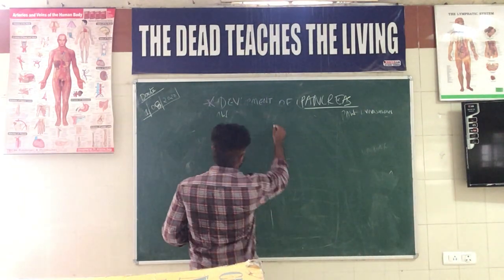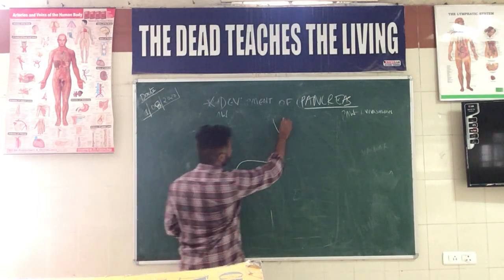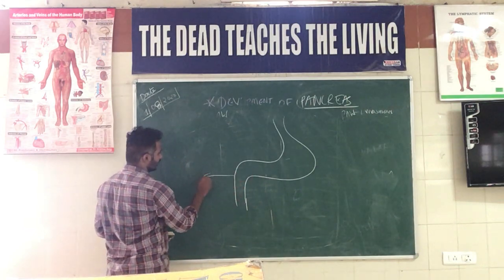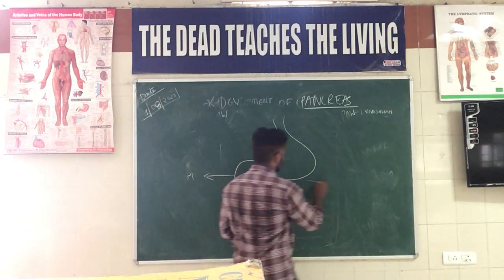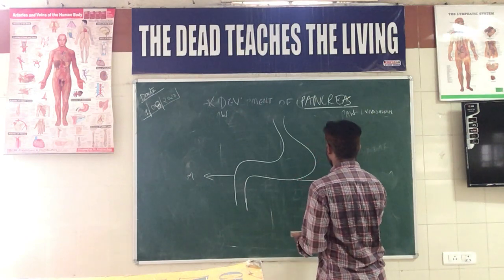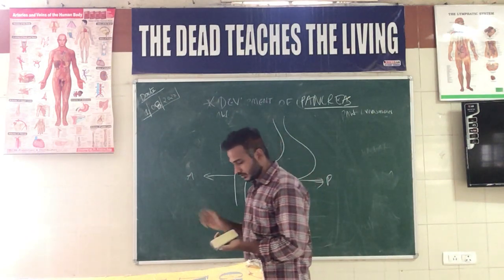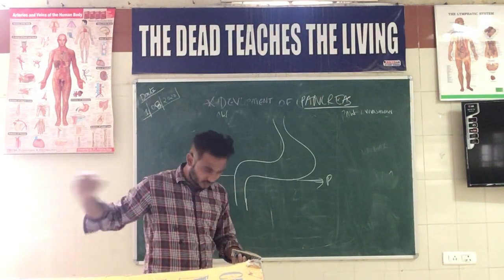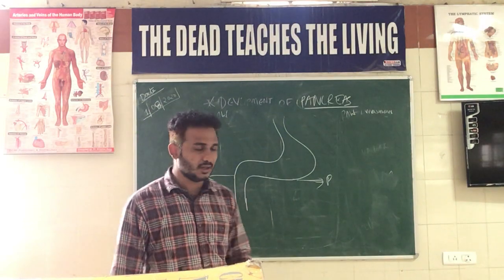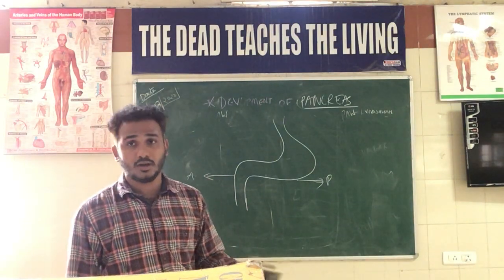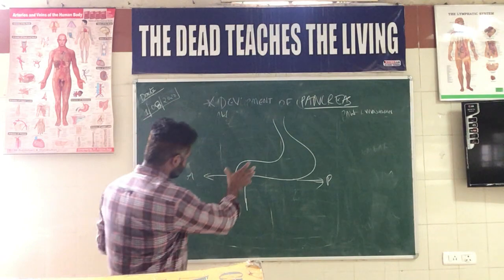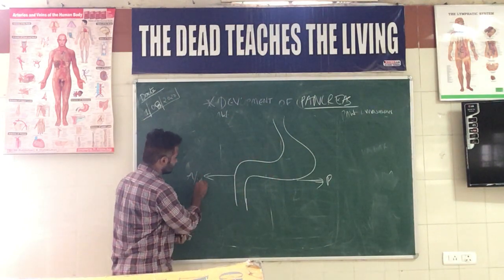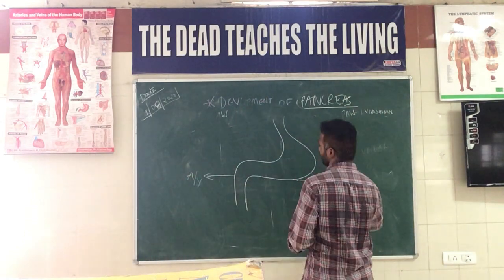Assuming this to be the developing stomach, this will be the anterior aspect and this will be the posterior aspect. It's a developing condition, so we can use the terms anterior and posterior in the case of the stomach. But in the adult stomach, the lesser curvature is on the right side and the greater curvature towards the left side; anterior and posterior terms cannot be used. If you assume this part to be the developing stomach, this is the anterior or ventral side, and this is the posterior or dorsal side.